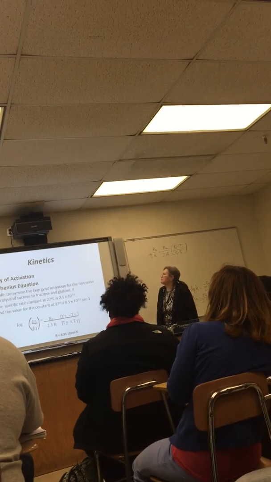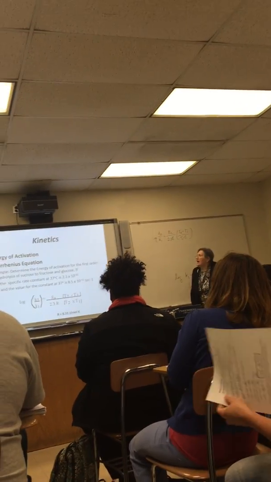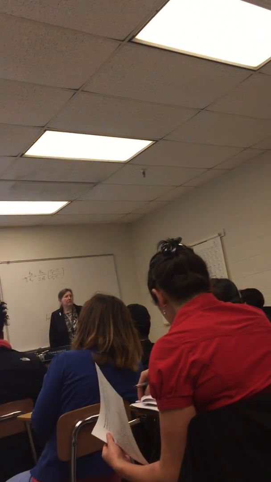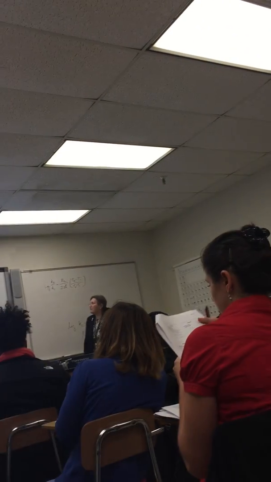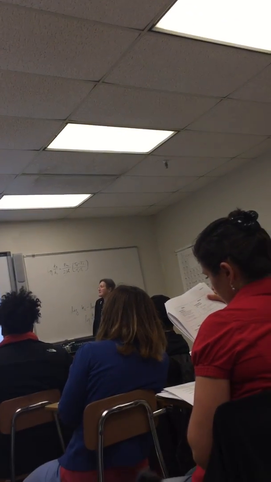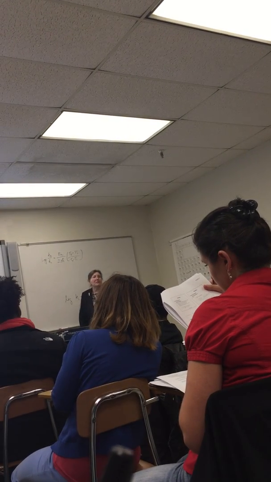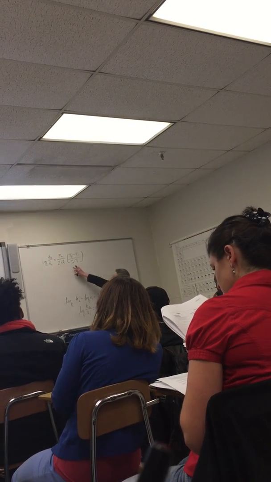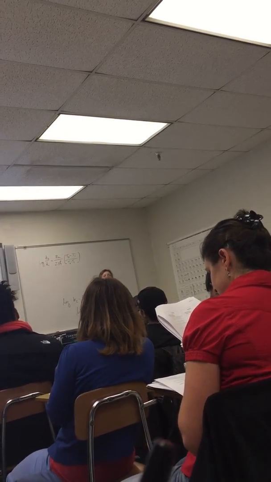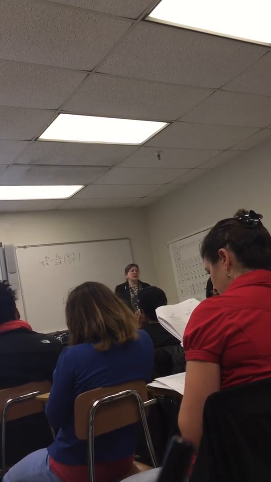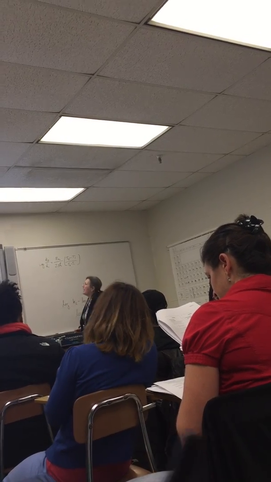Okay. All right, so you want to find the energy of activation for hydrolysis of sucrose to fructose and glucose. That's just words. All right, you don't care. What you care is they give you the specific rate constant at one temperature. And remember, the temperatures are going to have to be in Kelvin. Anytime a temperature is going to wind up in a denominator, you have to make sure that the temperature is not going to be 0. So you're going to use Kelvin. So we have